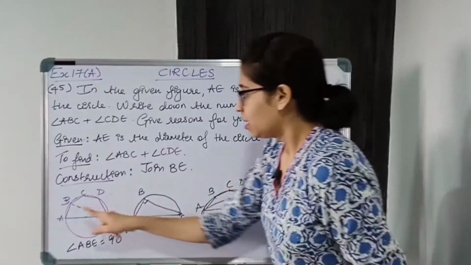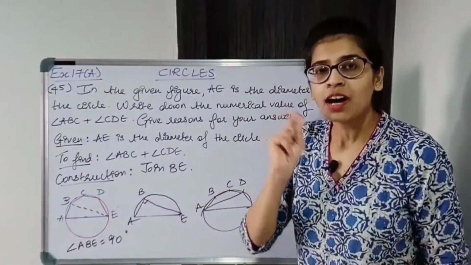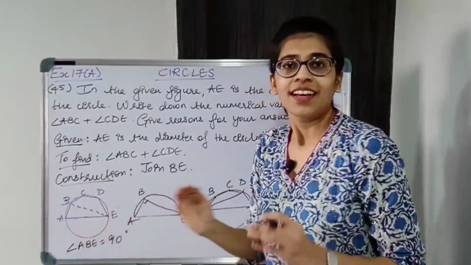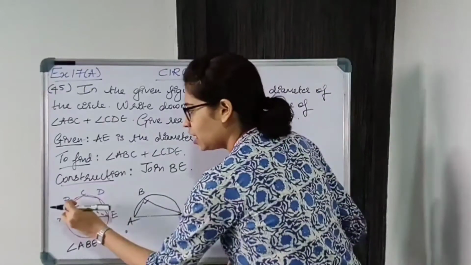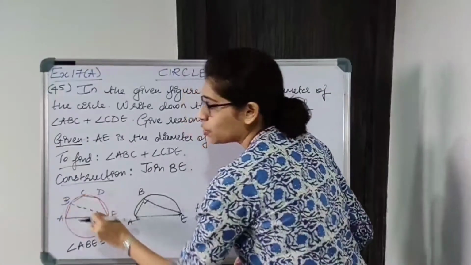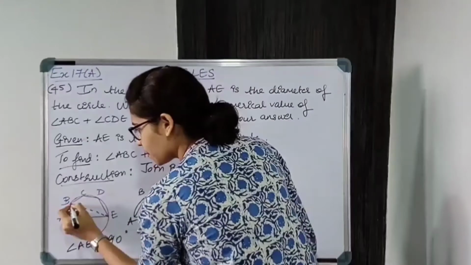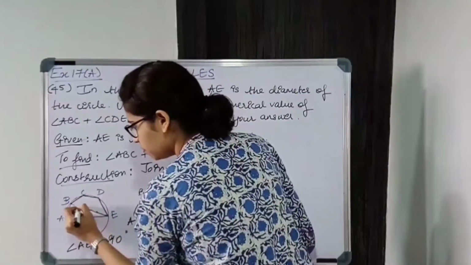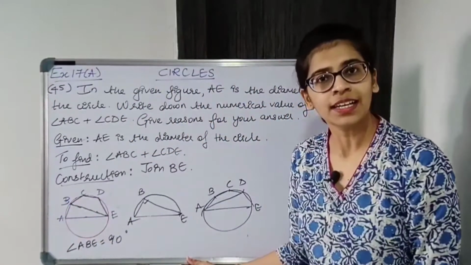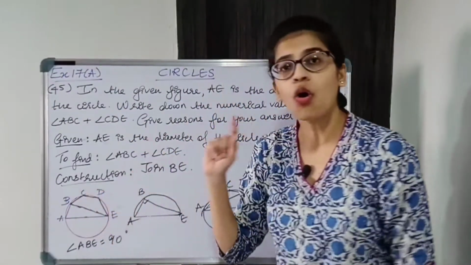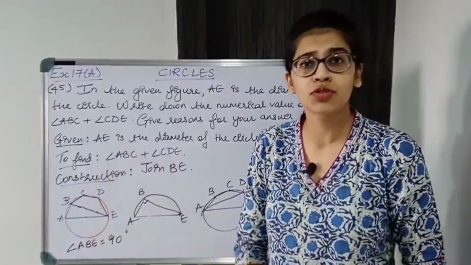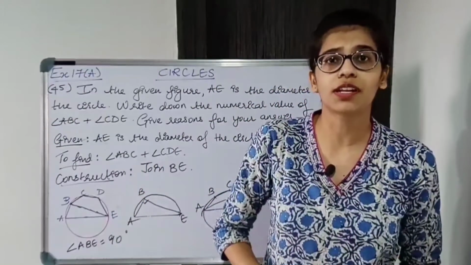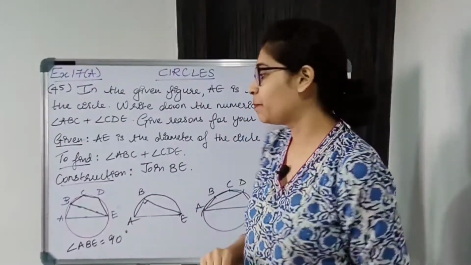Okay, this is one right angle property. Now when we join BE, a right angle is being formed. At the same time we are getting a cyclic quadrilateral, BCDE. It is a cyclic quadrilateral because B, C, D, E, all these vertices are lying on the circumference of the circle. So this quadrilateral is a cyclic quadrilateral. And what is the property of a cyclic quadrilateral? Opposite angles are supplementary. Okay.